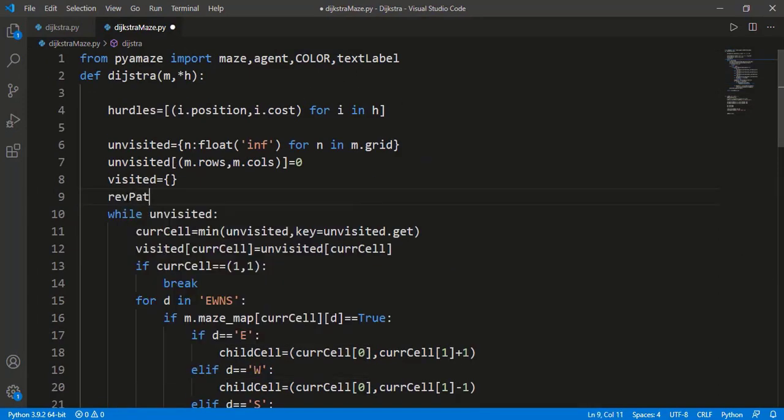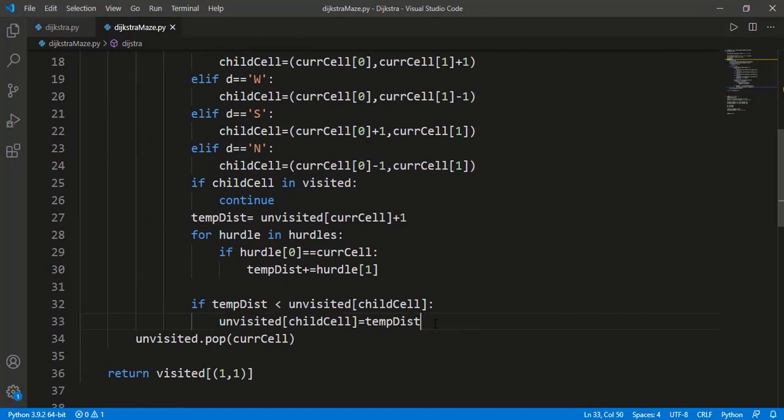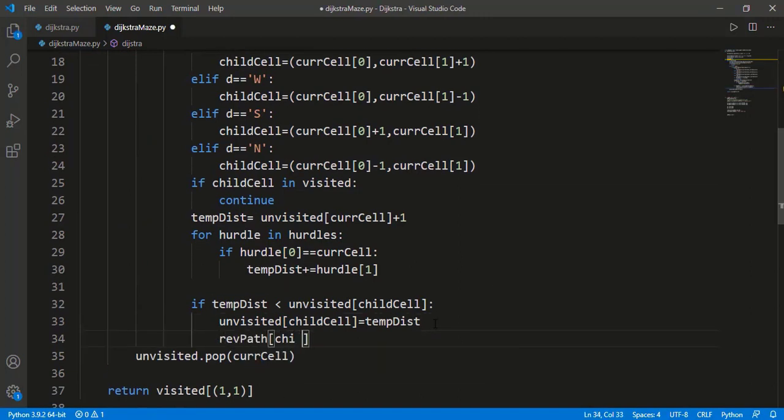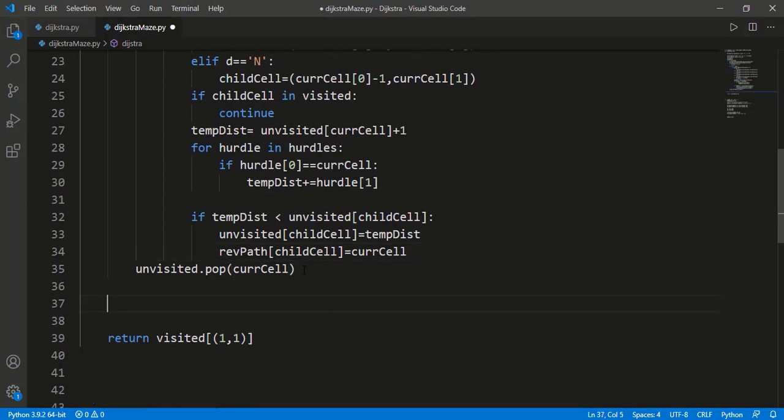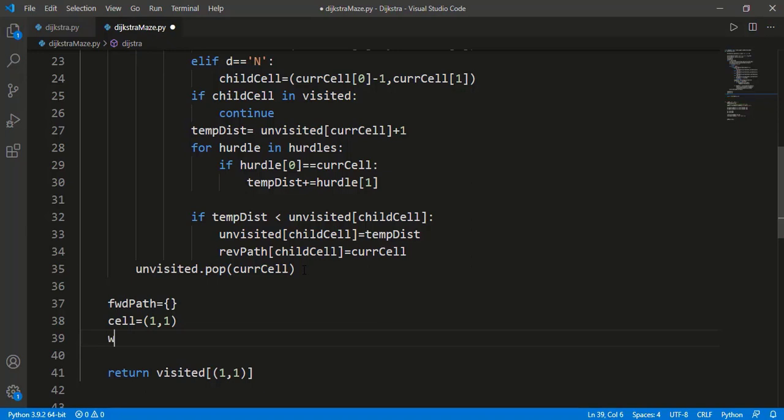So here is the empty dictionary. And over here we will add the key value pair inside the dictionary. Outside the while loop, we will invert the path dictionary to get the forward path. We will get that as a dictionary as well, so the forward path is also a dictionary. And starting from the goal cell until we reach the start cell,